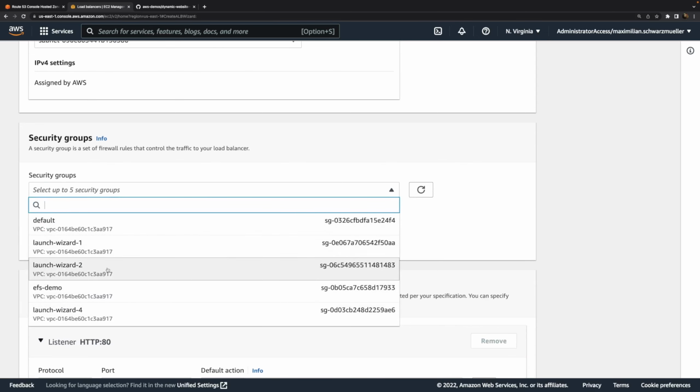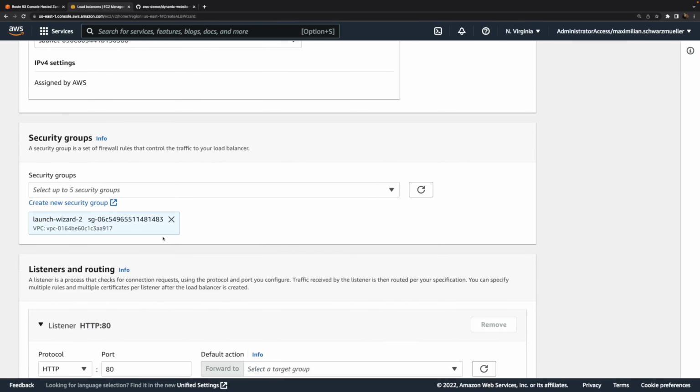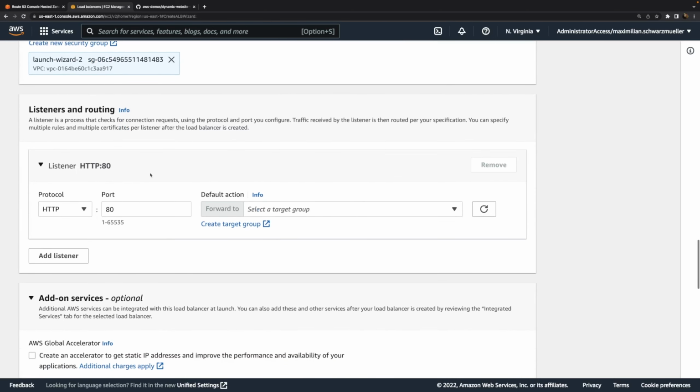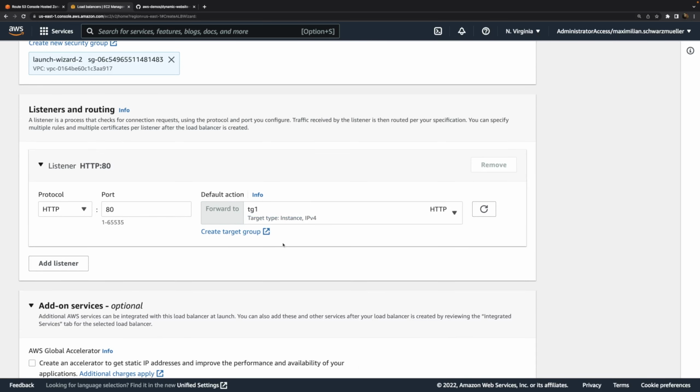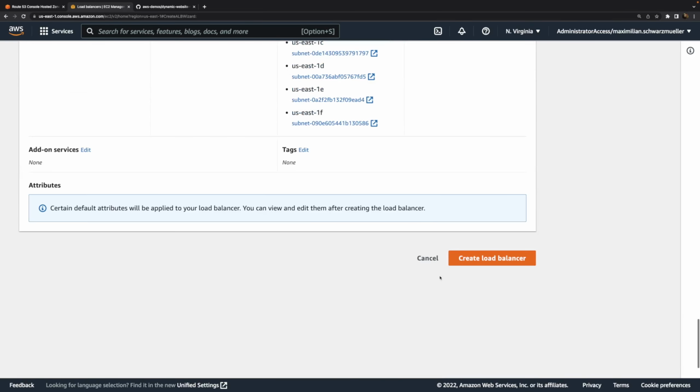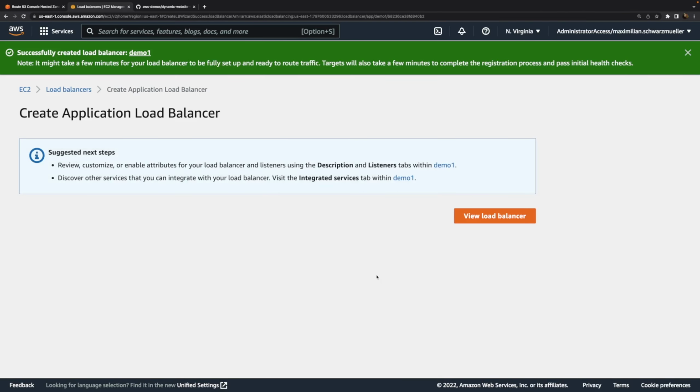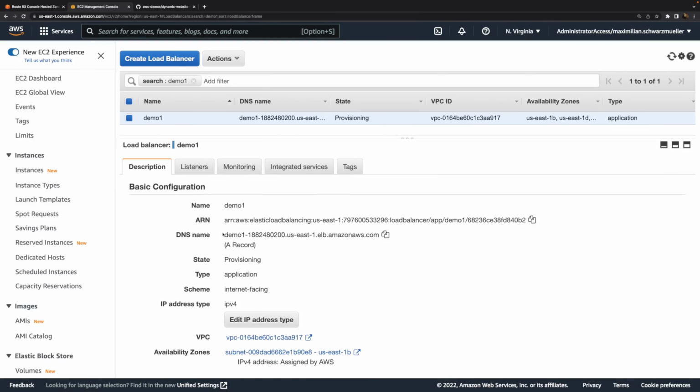I want to make sure that I add a security group that does actually allow HTTP traffic. And then I forward traffic that arrives on port 80 to this target group which I created before, like that. With that done, we can create a load balancer, and whenever we create such a load balancer, we also get another domain name assigned to it automatically by AWS. And this domain name can then also be used to send requests to that website that's served by the instances that are covered by this load balancer.